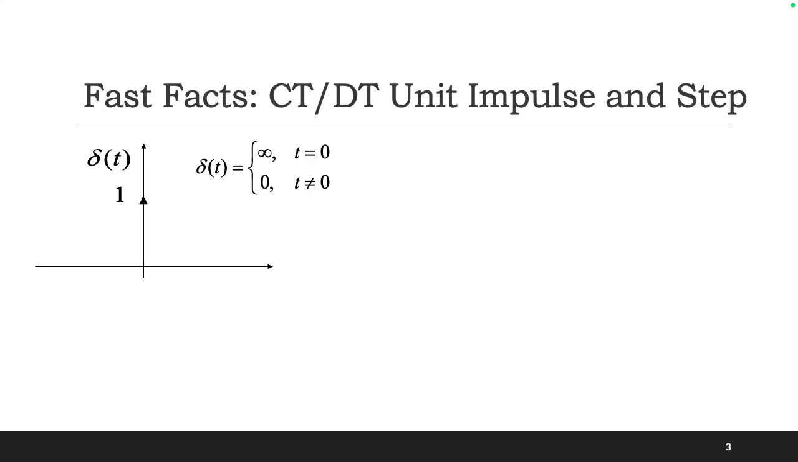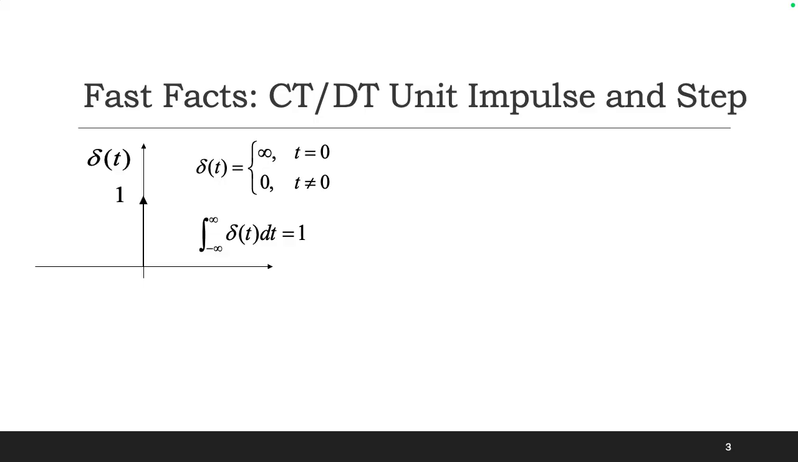When t does not equal 0, it is always 0. If t equals 0, the value is actually infinite. But here the 1 is the area. The area we define like the integral: dt is the width, and delta t is the height. Then we just define it as 1. Okay, how about the CT step function,